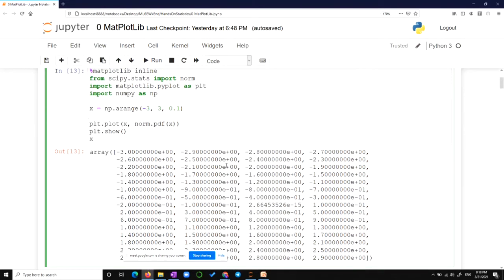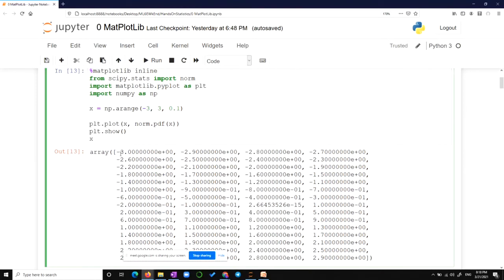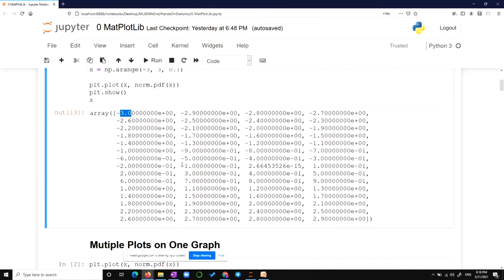So it is calculating that actually every time. I've given it some numbers. It is calculating. If I give -3, you tell me now. You know what a normal distribution is. What is the probability that it will assign to the value -3? Whether it is under 34%, whether it is under 13%, whether it is under 2% or 0.1%. What probability? Can anyone tell me what probability will be assigned to that? 0.1. Absolutely. Yes.